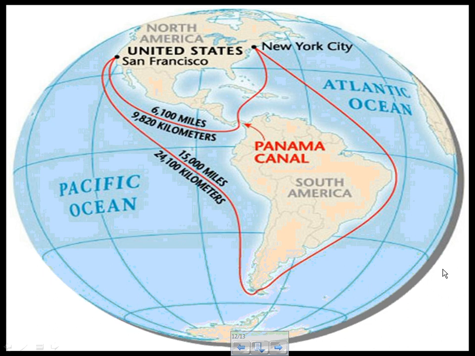You can see in this graph, with the canal, it would shorten the distance significantly for American trade between New York City and San Francisco, the East Coast to the West Coast. No longer would we have to travel down around South America. And of course, this would also expedite military ship traffic from the Atlantic to the Pacific. So the Panama Canal was a significant construction project that had tremendous impact economically and militarily for American self-interest.